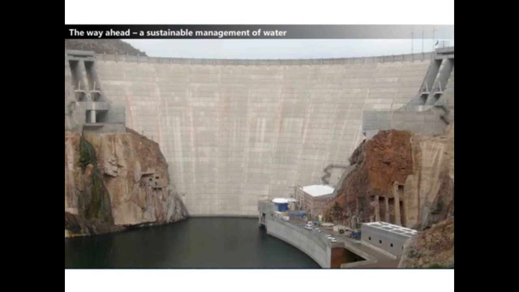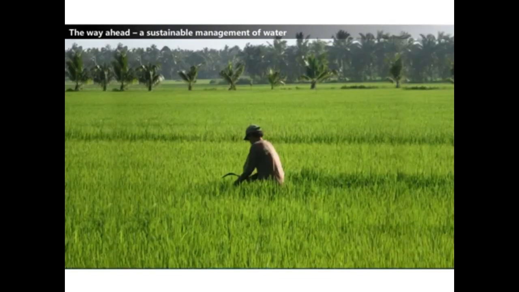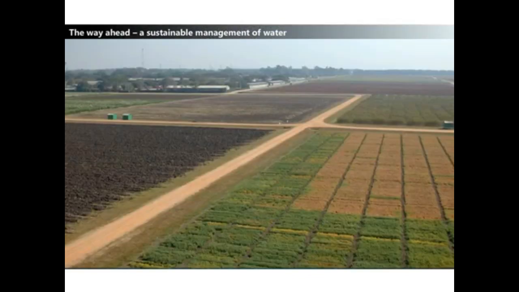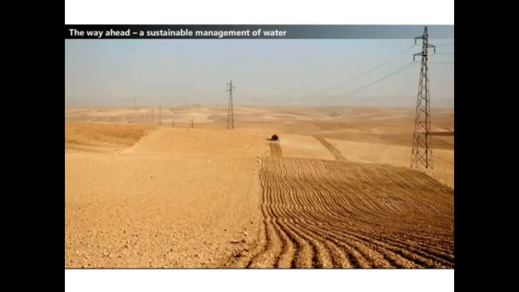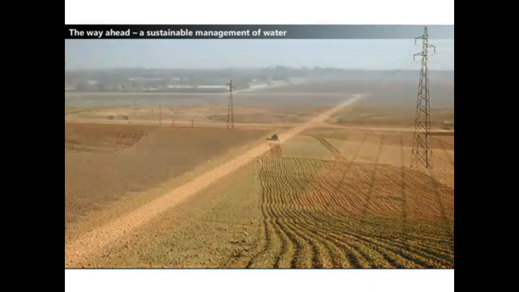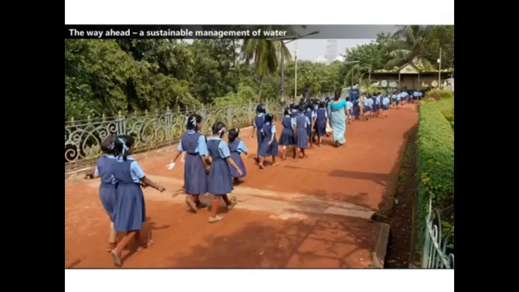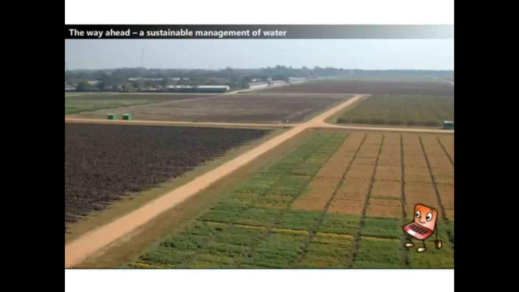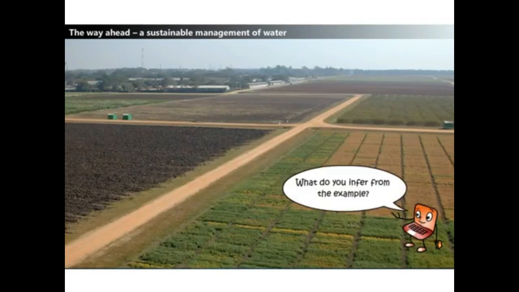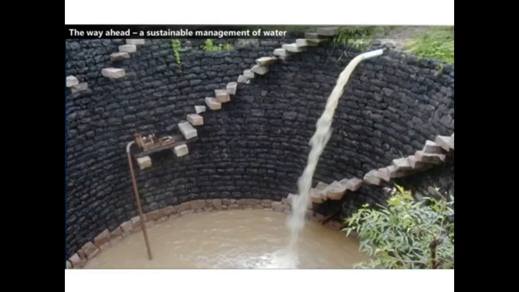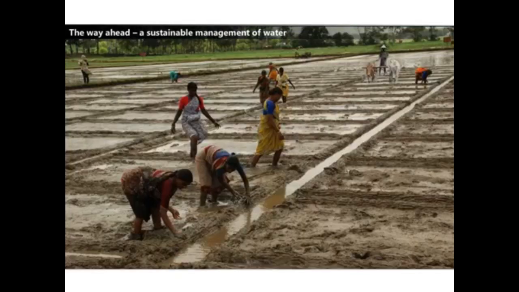With the small use of the masonry dams, poor farmers in the village are now revolutionizing. They have proved successful in using water, soil and crops to boost food production and empower communities. Once water-scarce, the area is now able to grow varieties of crops, farmers' income has doubled and 100% of children go to school. What do you infer from the example? The villagers solved the problem of water scarcity with an effective management of the water and soil. This is an example of scientific watershed management.